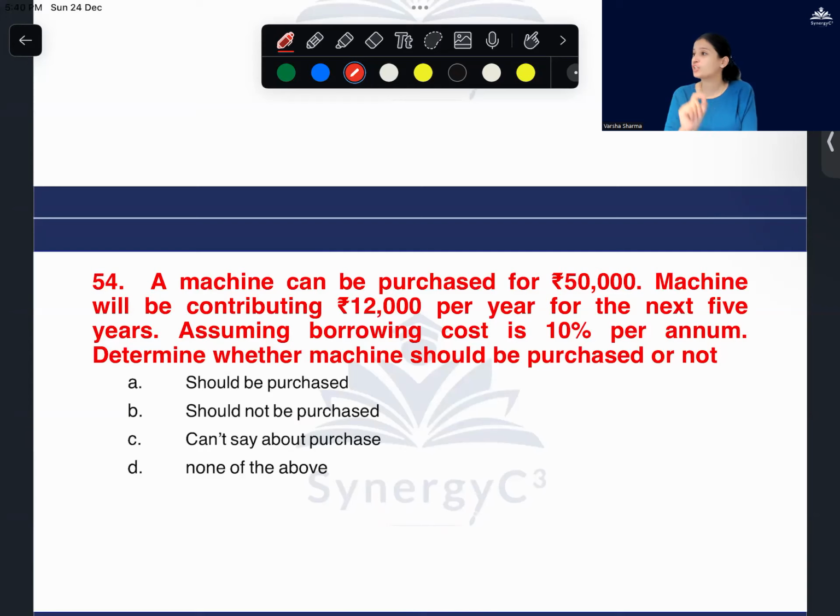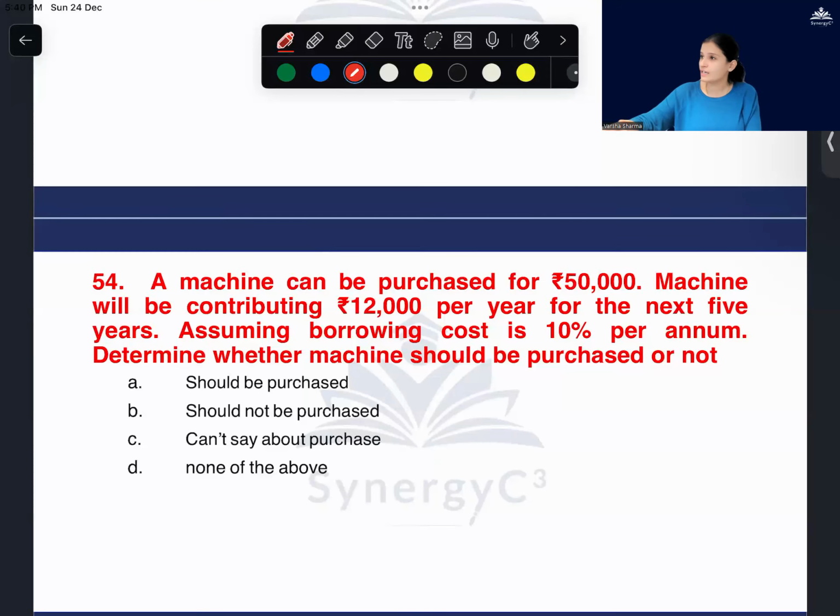Okay? So whenever we need to decide whether or not we should buy an asset, in our case a machine, we have to decide whether it reduces our cost by more than the amount I'm spending on the machine. Here it is said that I can buy the machine for 50,000. So if it either increases my revenue by more than 50,000 or reduces my already incurring fixed cost by 50,000, then I'll buy the machinery. Otherwise, I'm not going to buy the machinery.